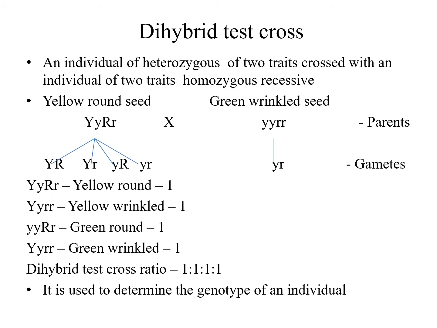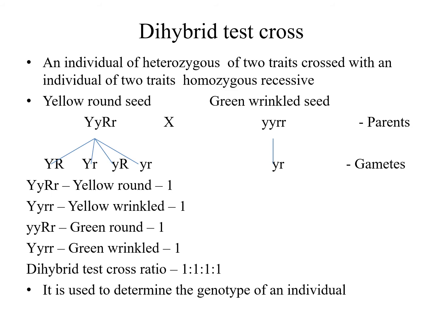Why? Because one parent must be recessive. So from this parent we can get only one type of gamete, that is small y, small r. But from this side parent there is a possibility of 4 types of gametes. Both dominant, capital Y capital R, then the last one small y small r. So these two types. Then in between, either yellow may be dominant or round may be dominant. So capital Y small r, and small y capital R. If you understand how to write, it is easy for you.